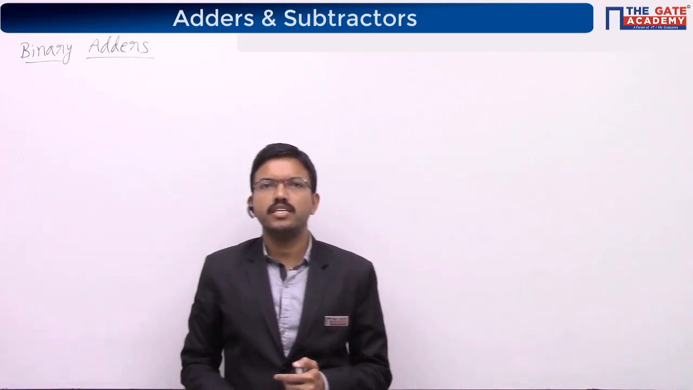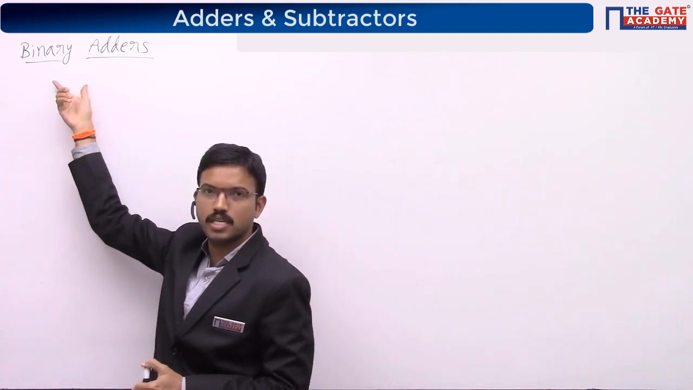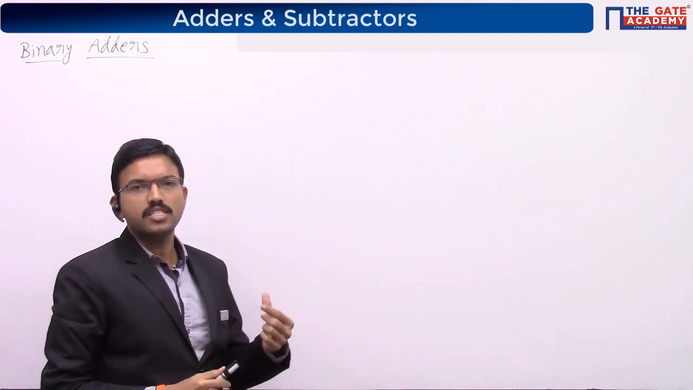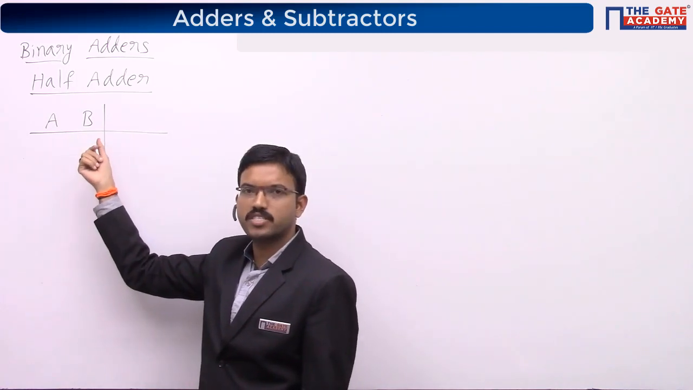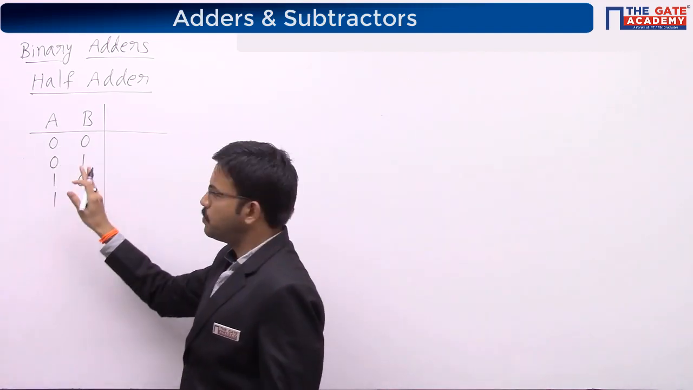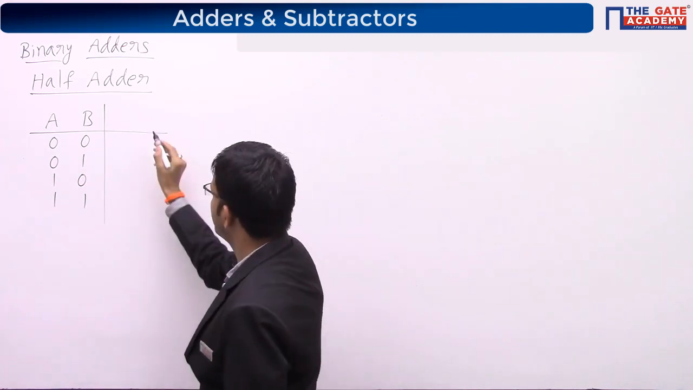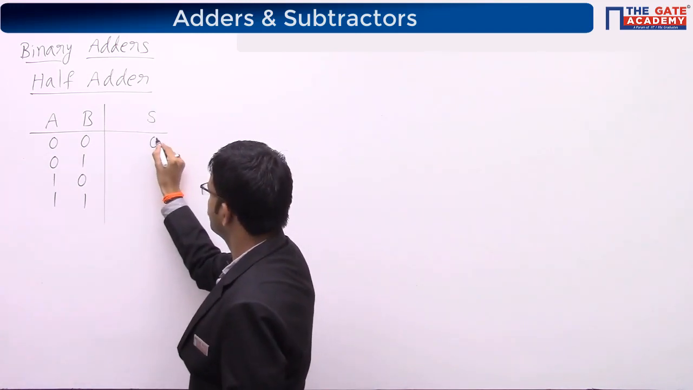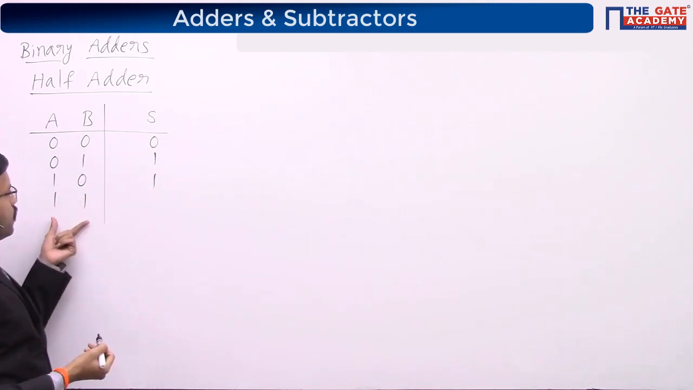First let us start with binary adders. As the name implies, a binary adder performs the addition of two binary numbers. For the time being, let us start with two single bits. I am considering A and B as two single bits, so here you can represent four combinations of zeros and ones. We want to perform the addition of these two single bits and write the corresponding sum. 0 plus 0 is 0, 0 plus 1 is 1, 1 plus 0 is 1, 1 plus 1 is